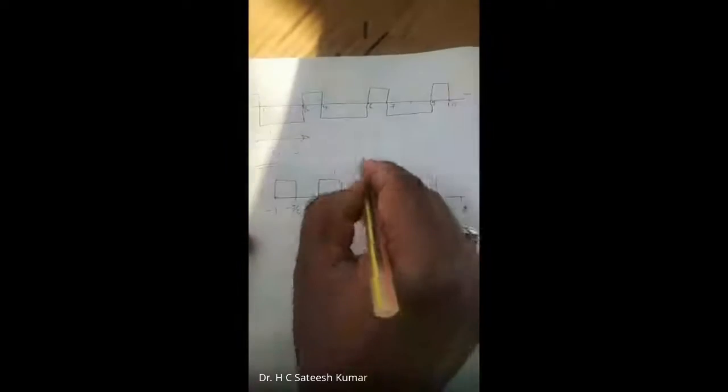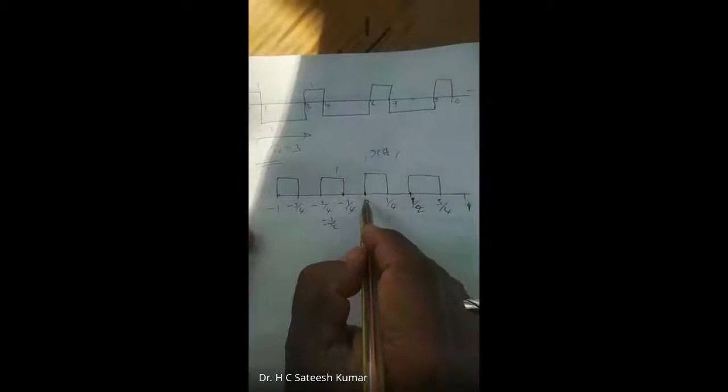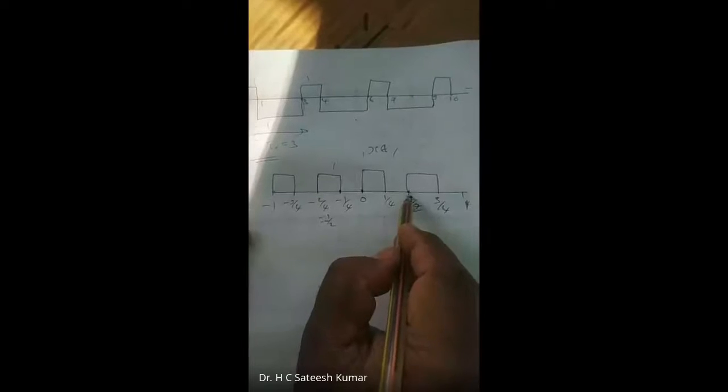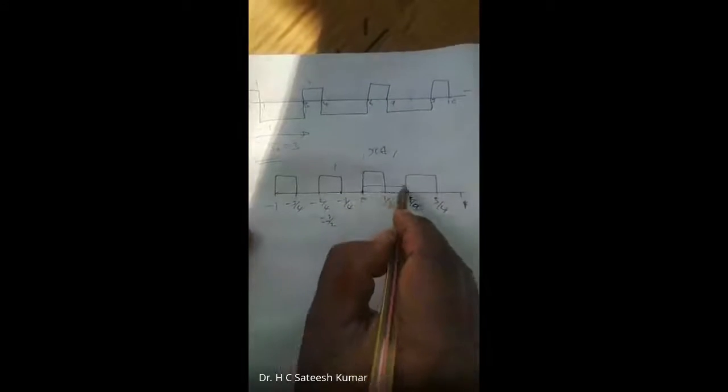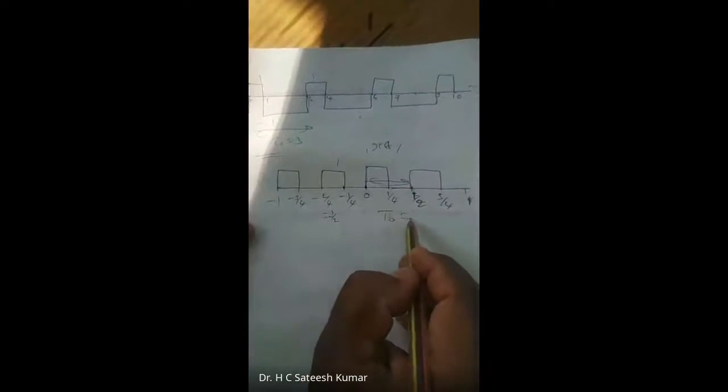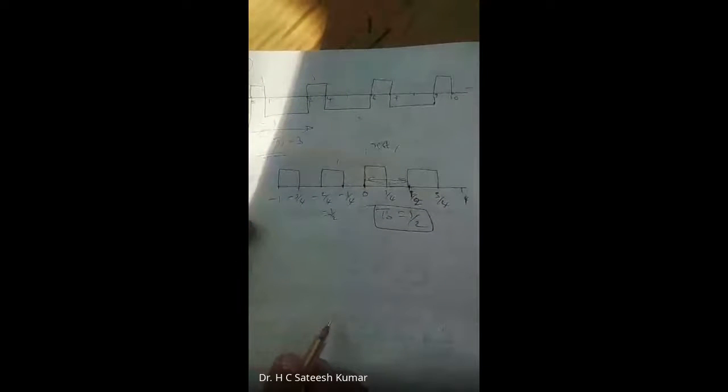Now you check it. What is the period of x of t? It is going up until the next going up. 1 by 4 here is 1 by 2. So therefore, this is going up like this. Since it's repeating, we should not consider it further. Therefore, this is the period. T naught is equal to 1 by 2. That's how we should calculate. So one more we have seen.